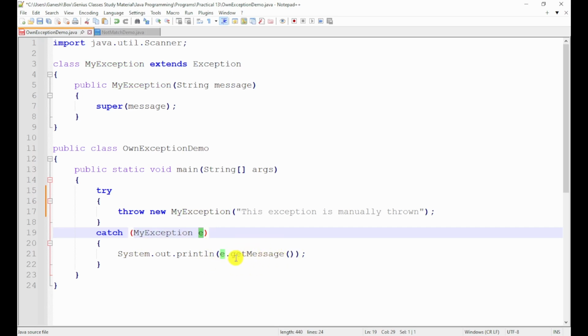So what it will do, it will just print the message that is inside the e object, and the message is "this exception is manually thrown" because we are passing this message to our constructor. So this message will be printed and the catch block is complete, and finally the main method is complete and the class is complete. So the same program is here that we have seen in the previous practical, just we are changing the